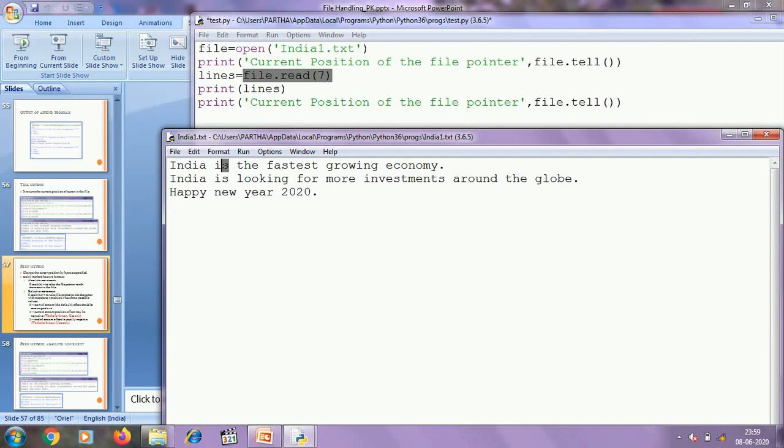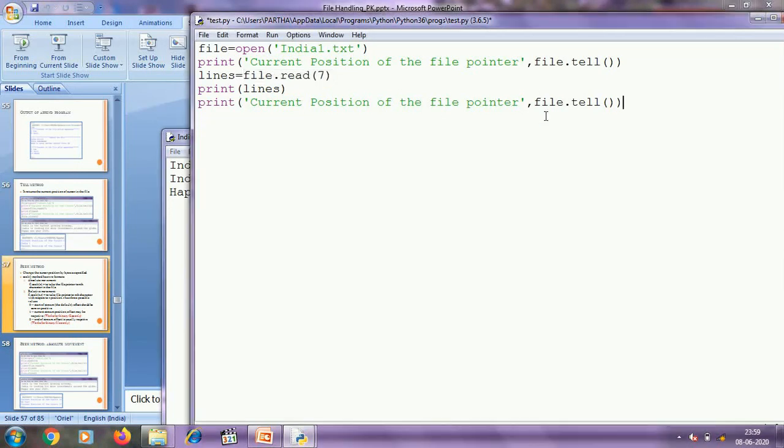Or in other ways you can calculate it like this. Initially it is pointing to the 0th character, then we are reading 7 bytes, so 0 plus 7, that is 7, so it will be pointing to the 7th character. So file.tell will return 7.